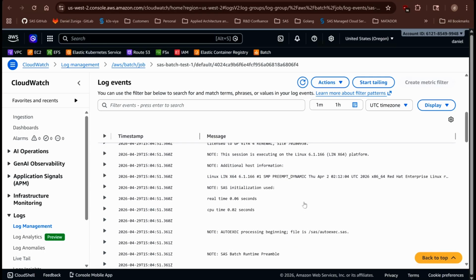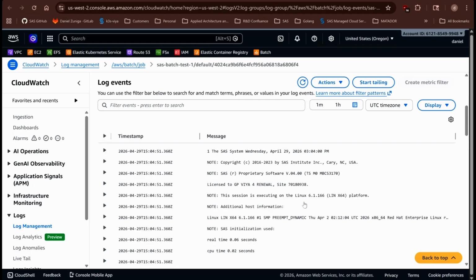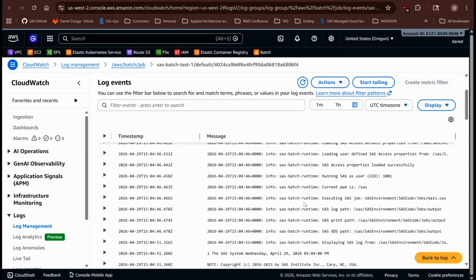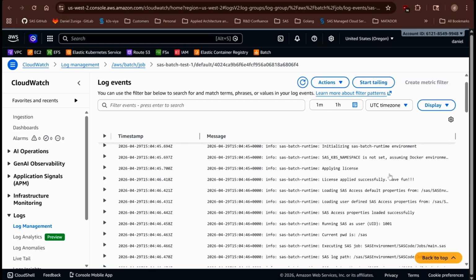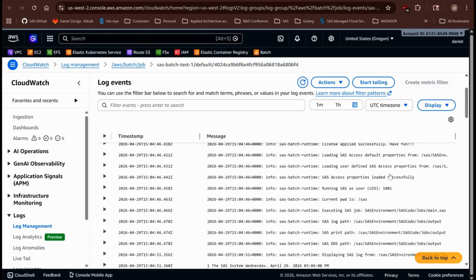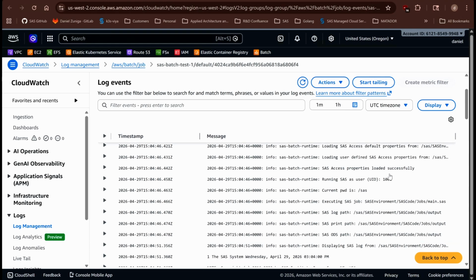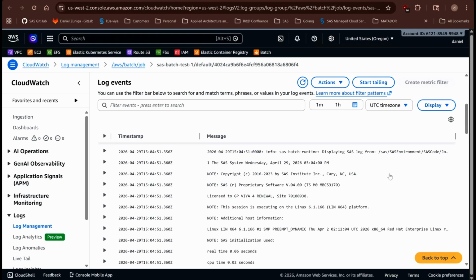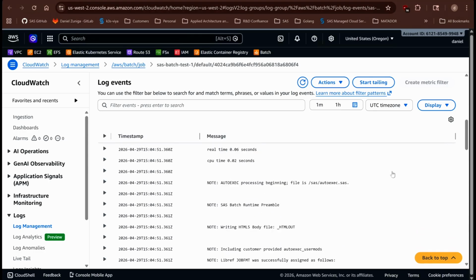So if you guys are familiar with that, you're seeing all those notes and all those things are familiar. The one part that may be new for you to see is this very beginning, sort of like a preamble that the container does. It's basically telling you that it's applying the license, it's doing a few things, kind of housekeeping tasks that it has to do before it can run. And then it gets into running the code itself. And again, you're seeing a full SAS log from here.